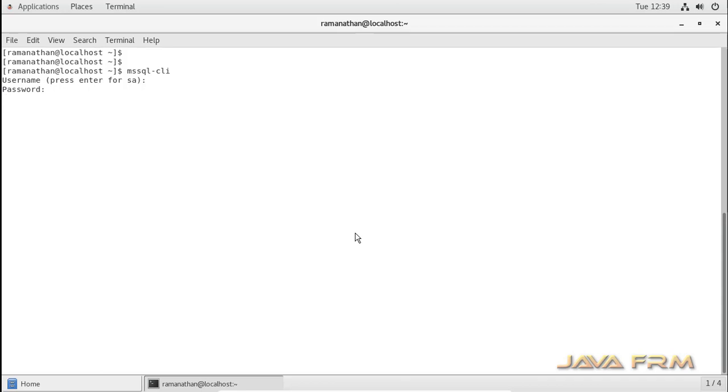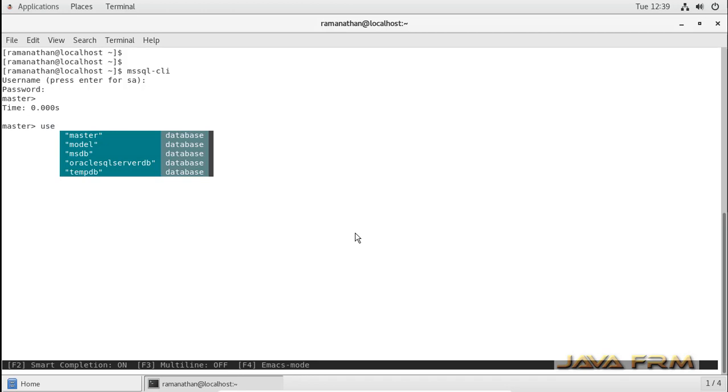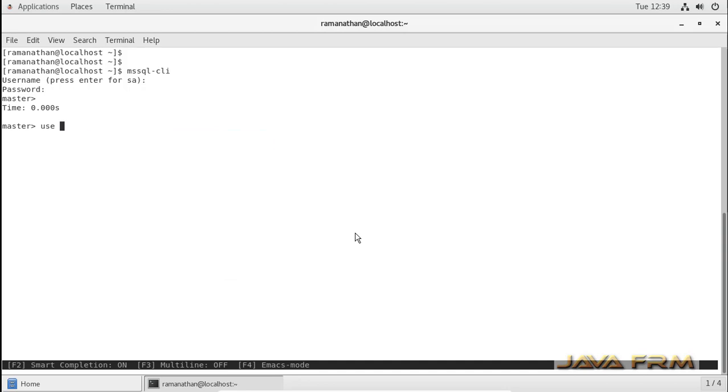The difference between SQL CMD and this tool is that this tool is very interactive. Here you can see that in a drop down it will show the databases available. By default it will go to the master database. You can switch over to the database which I have created recently. This tool is very interactive and more useful than SQL CMD.